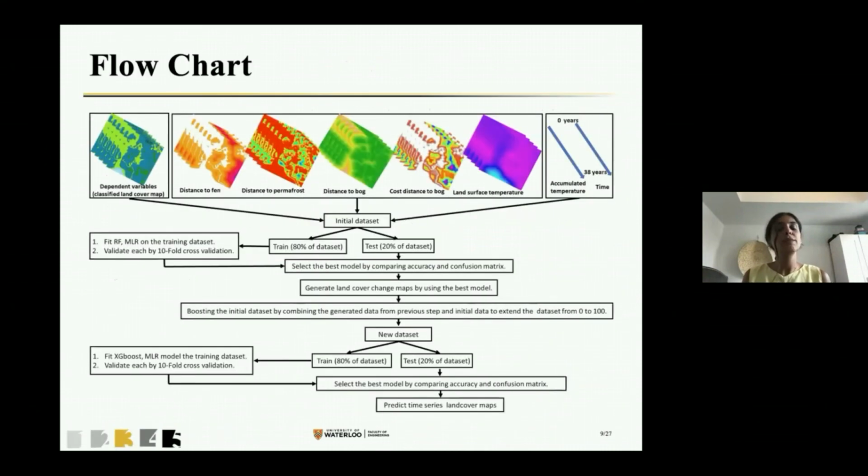Our methodology. This figure represents 3 main steps of developing the TLCM model, or time series land cover change model. I will talk about each step separately. The first step is preparing or pre-processing the data set, which was very time consuming. So we had to pre-process all the data set for finding the main driving factors for developing this model. The next step was